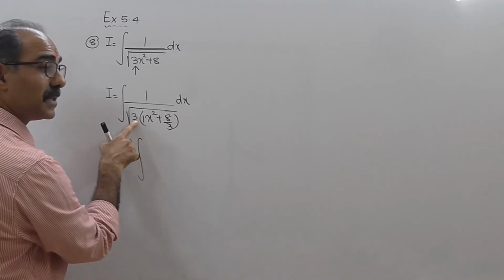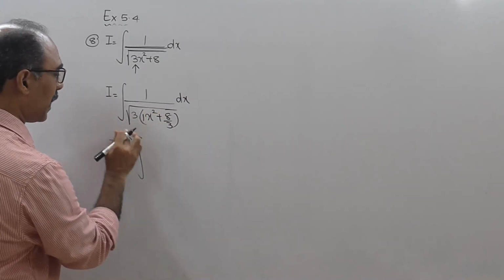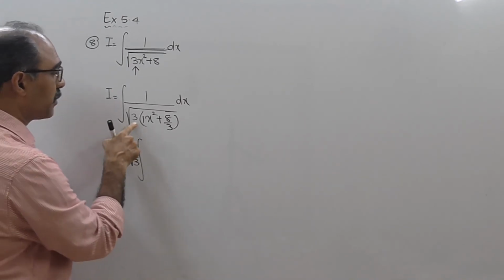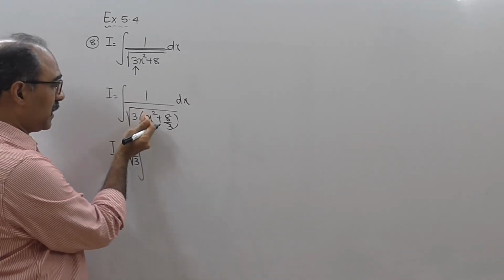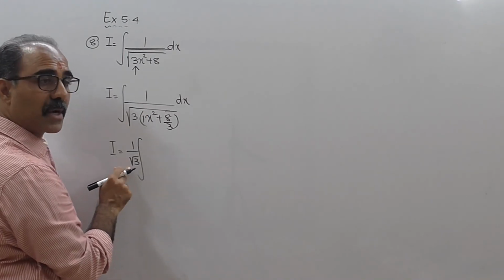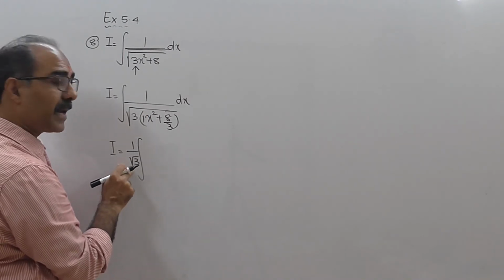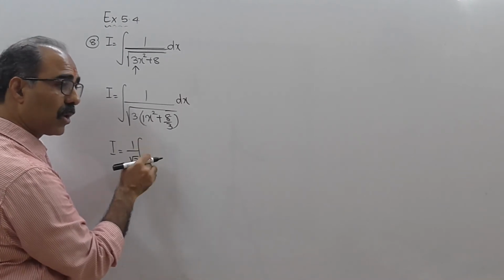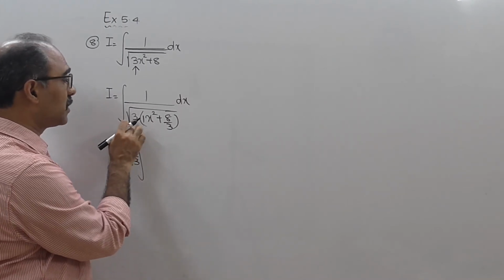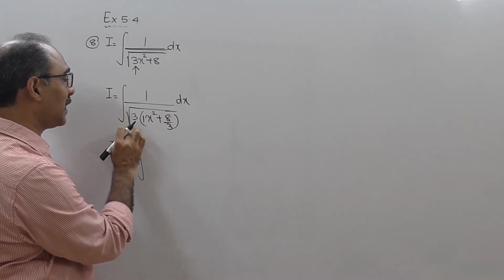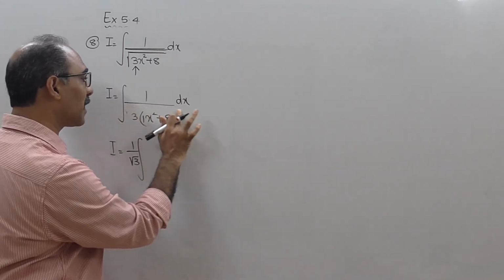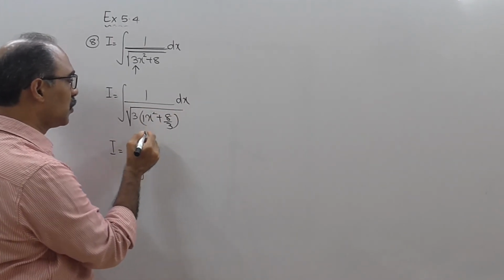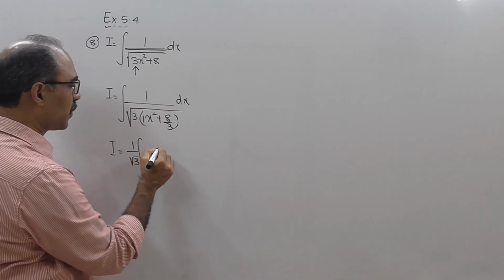Can I say that this 3 is inside the root? So when you take 3 outside, 3 will not come, it will be √3. Why √3? Because it is inside the root. Taking it out of the root along with the root, it will come down as 1 upon √3. So be very careful about this. Kids generally write 1 by 3. 1 by 3 is wrong. The reason is 3 is not just like that. It is inside the root. If it would have been like this, then you can take 3 outside. But if it is with a root, you cannot take 3 outside. It will come out as 1 upon √3.